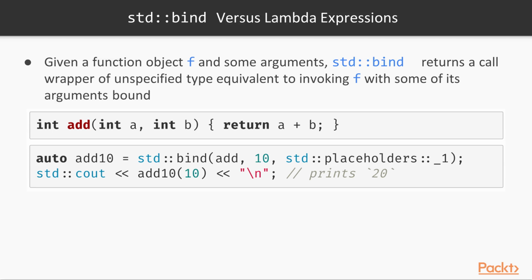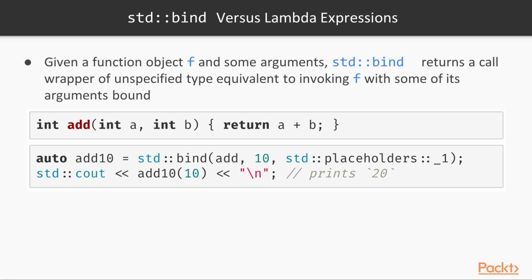Let's assume that I want to provide an add for integers and an add for floats, so I have two different overloads. If I try to bind add with 10, I will get an error that tells me that it wasn't able to resolve the overload. I will get an error that tells me that there is no matching function call to bind, as the compiler wasn't able to resolve the overloaded function type. Again, this requires a static cast.